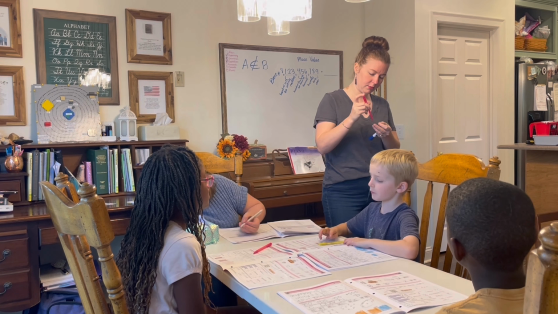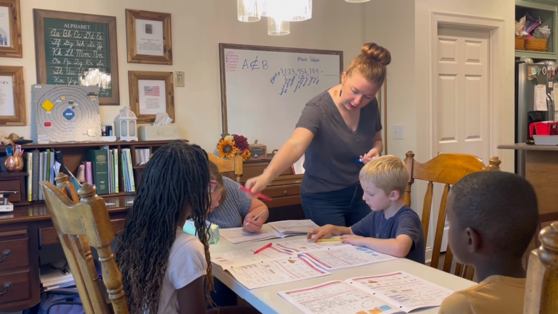Rectangle equals length times width. The area of a square equals length of its side